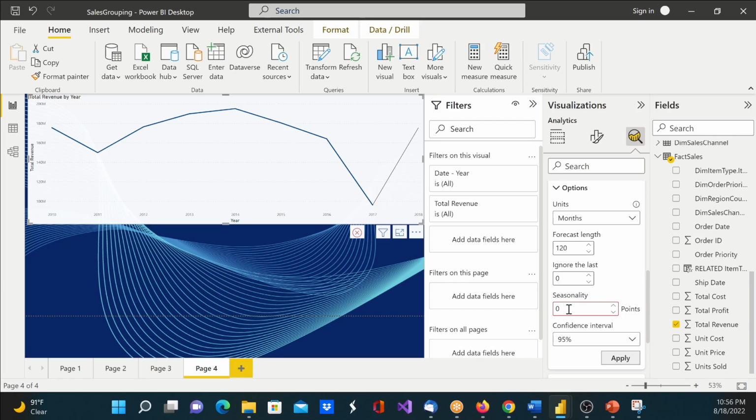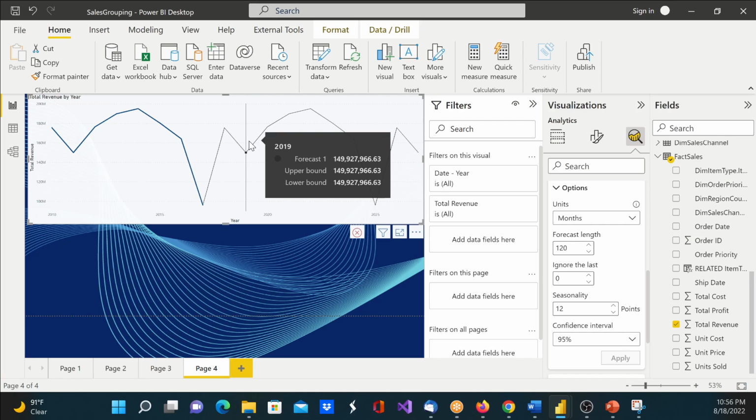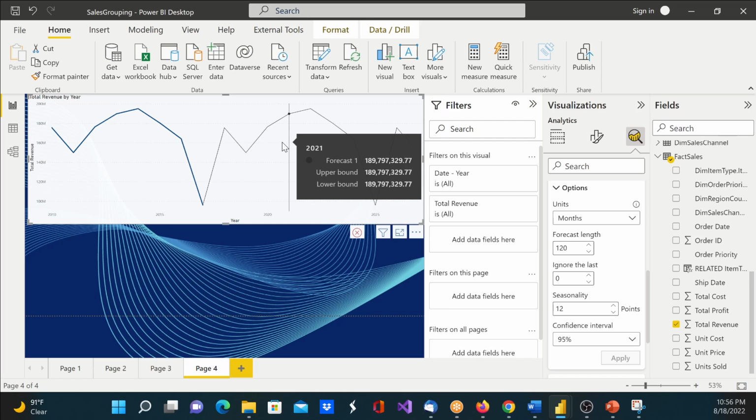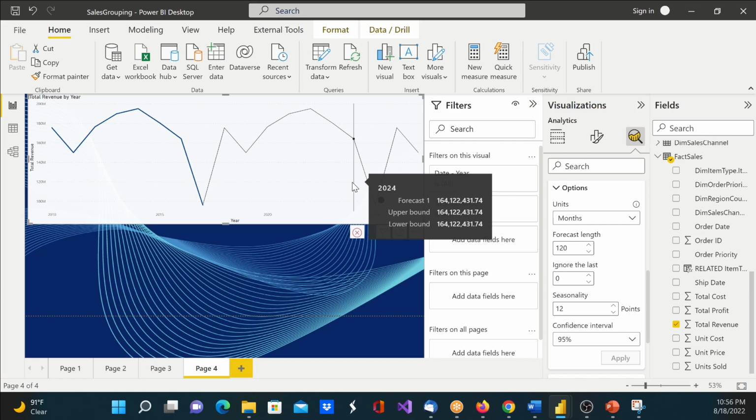And then we do have seasonality. In a year, we do have about 12 months. Okay, and then here the confidence level. How confident are you? So if you wanna get like 80% or whatever, so let's do 90%. Once you're done with that, you're just gonna hit apply, and you'll see that's gonna be the predictive. You can see 2019. These are gonna be the sales for 2021 and all that. And that's how we really do